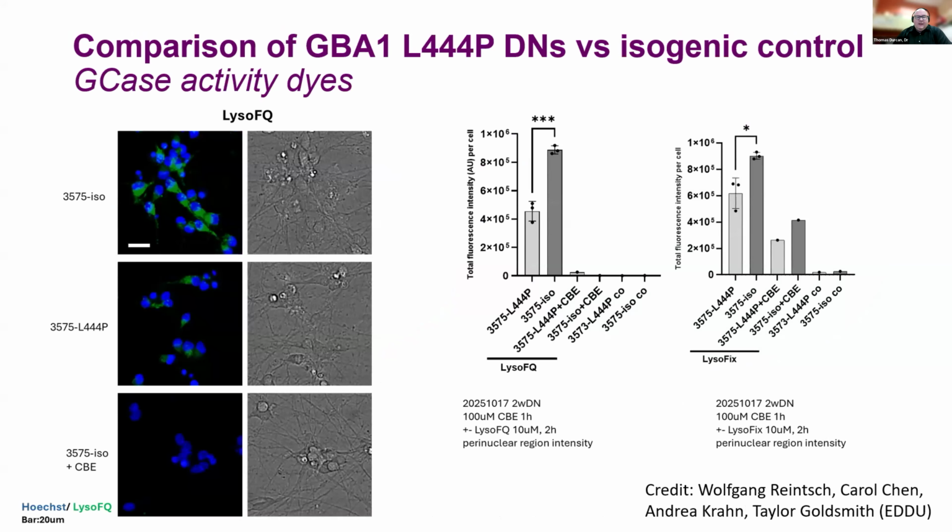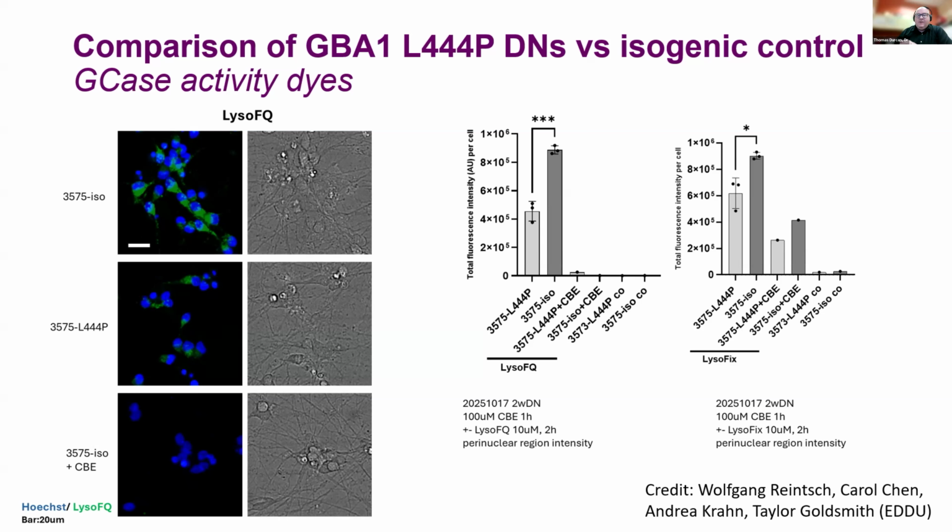This gives you an example of it. We wanted to show two lines. We have what we call our isogenic, which is called 3575, and we have 3575 alpha-4P. This is a GBA1 Parkinson's line that just had this mutation, and we made 4-week-old dopaminergic neurons. We go from iPSC to a dopaminergic progenitor, which takes 3-4 weeks, and then from the progenitor into a neuron. Once we have the neuron, we just add the dye.